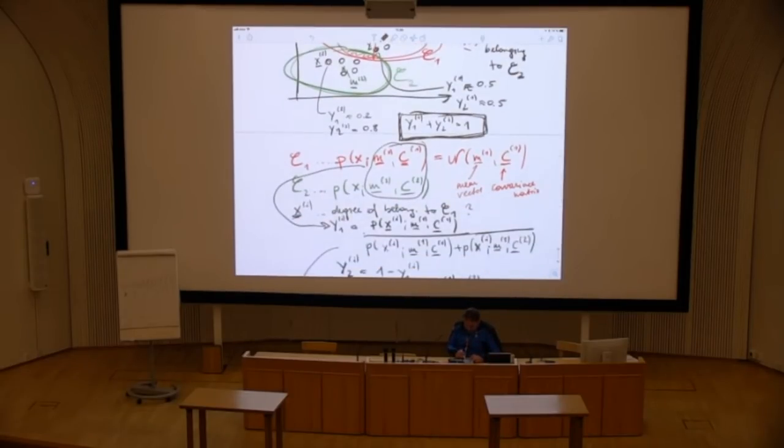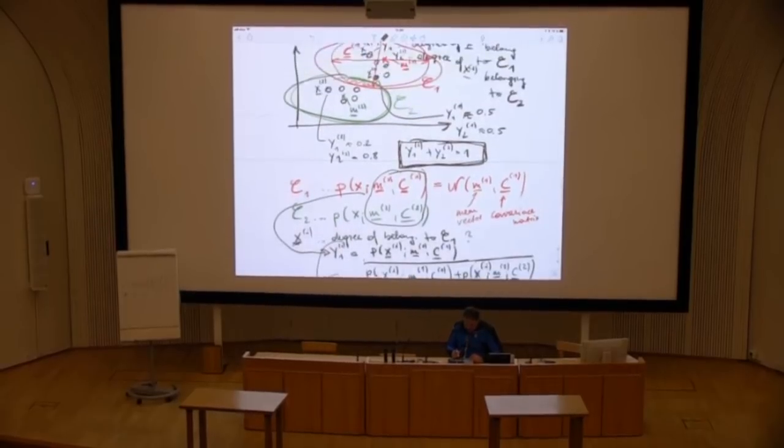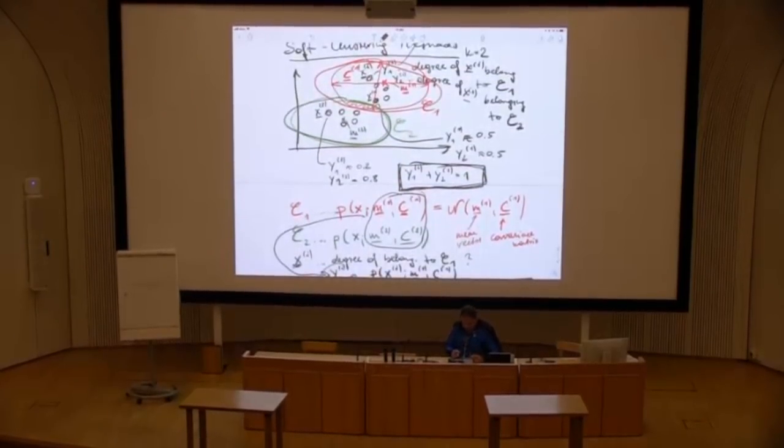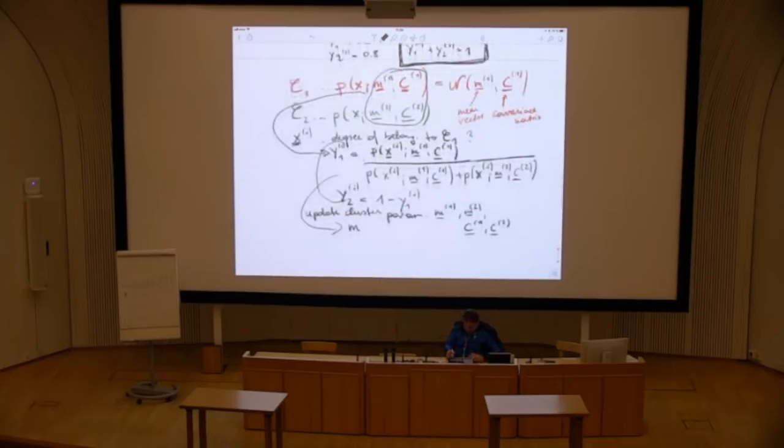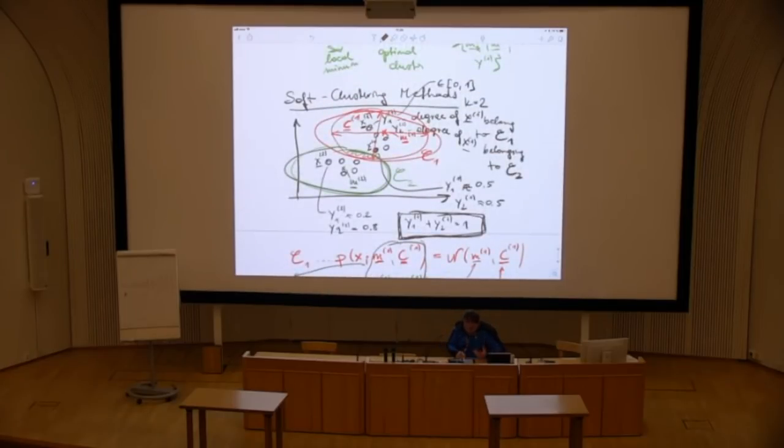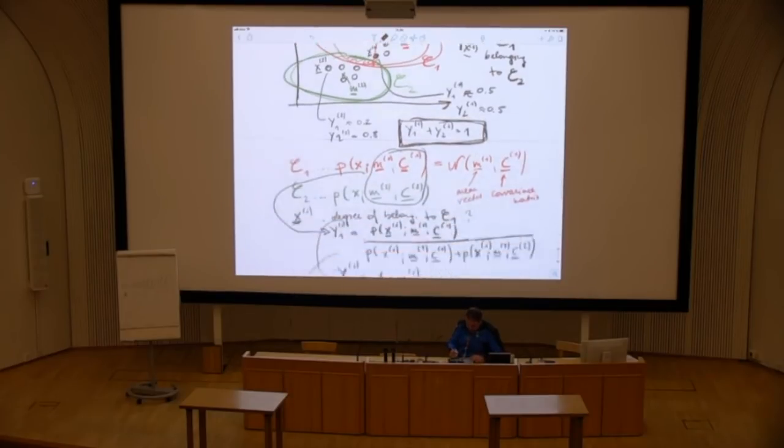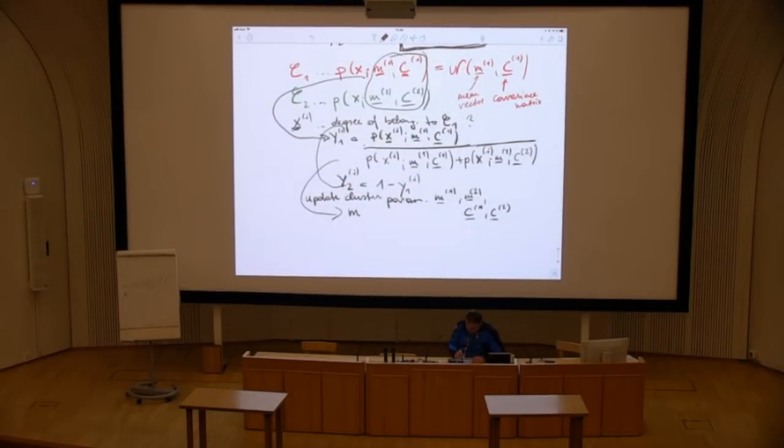This resulted in the degrees of belonging. And now with this information, we can refit the Gaussian distributions to the data points. So we can correct or update our beliefs about the cluster means, for example, by computing the weighted mean for